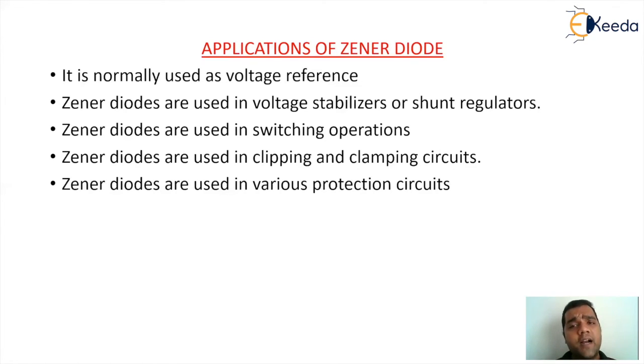So, a small revision regarding the Zener diode. A Zener diode is a diode which is normally heavily doped. It has a narrow potential barrier but a strong electric field. Under normal forward bias operation, it is similar to a PN junction diode, but under the reverse operation, after the breakdown occurs, it supports variation of current, which swings from Izmin to Izmax, but the voltage across the Zener will always remain fixed. That is the basic requirement of a voltage regulator, and that is the reason a Zener diode can be used in a simple shunt voltage regulator using Zener. So this is the feature of the Zener diode.